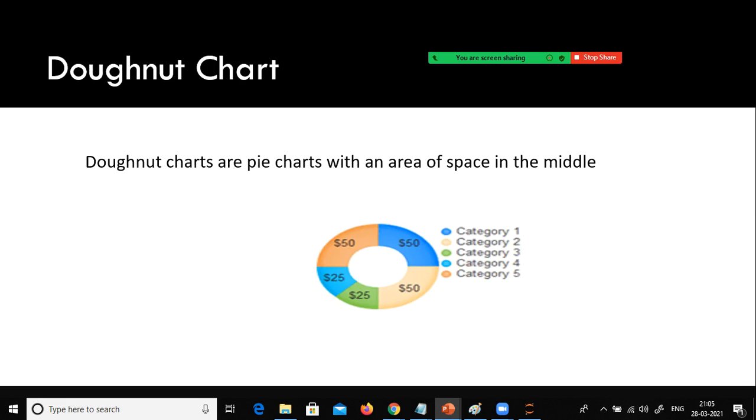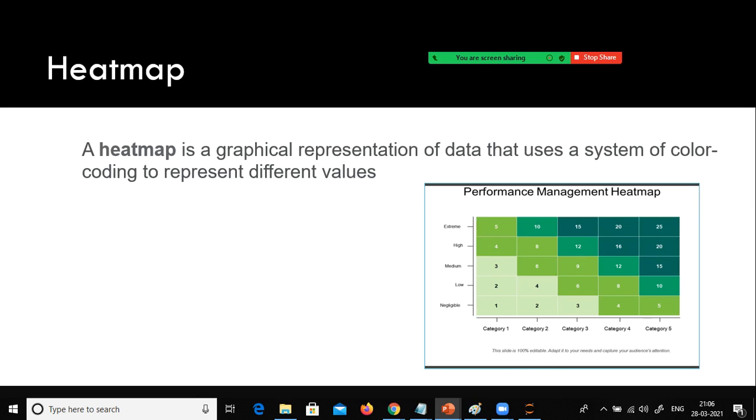Donut charts are also nothing but pie charts, but the only thing is that in the middle you will have some space. So here you can specify the type of pie chart, for example, the market share. There is not much difference between the donut chart and the pie chart. The only difference is that in the middle you will have a hole. Here itself you can specify what type of chart it is.